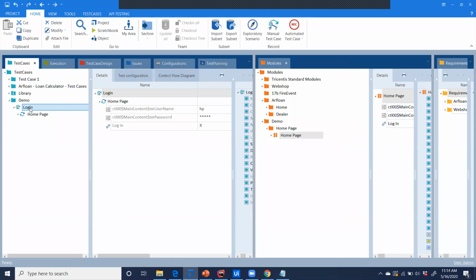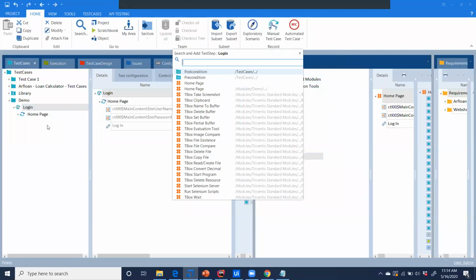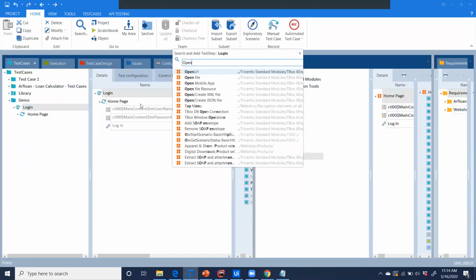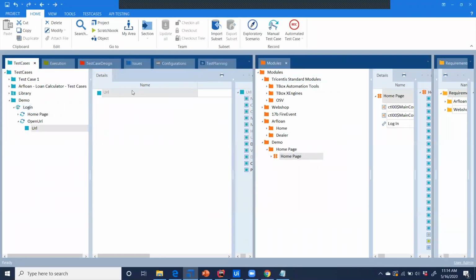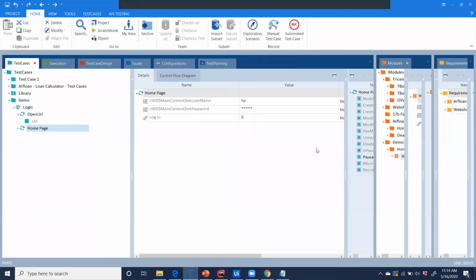So what I'm gonna do is I'm gonna pick up that module. You can do it from here, or there is an easier way. You can navigate through here, okay? Or you can just simply say Control T, and you can say open URL TBox module. Okay, so it will dump that open URL module here, and I can rearrange that because this one has to be done first, and then this is the second one. All right, so at this point,